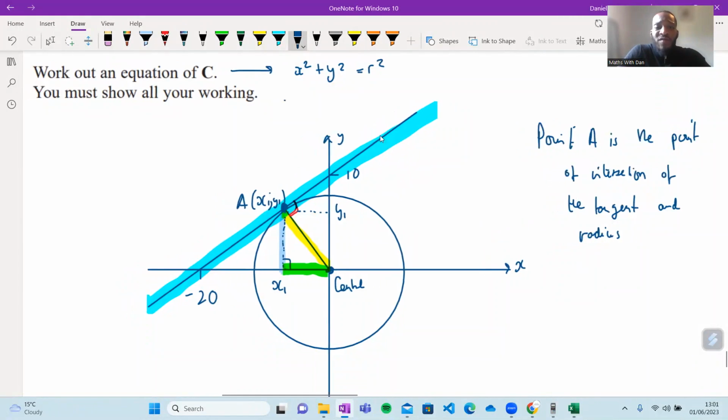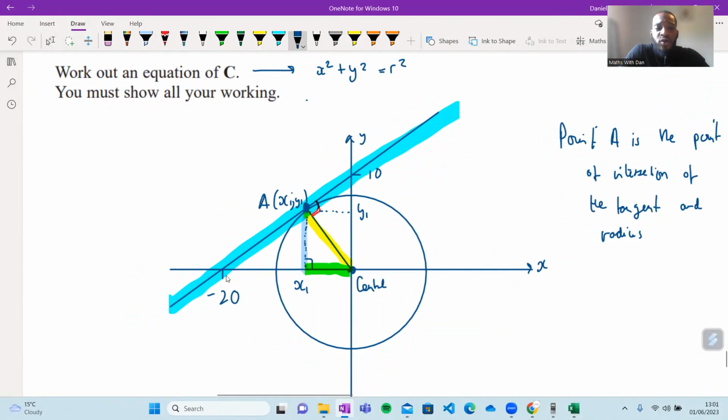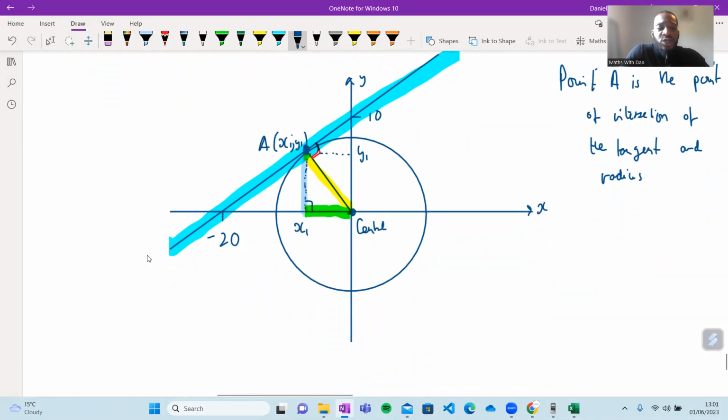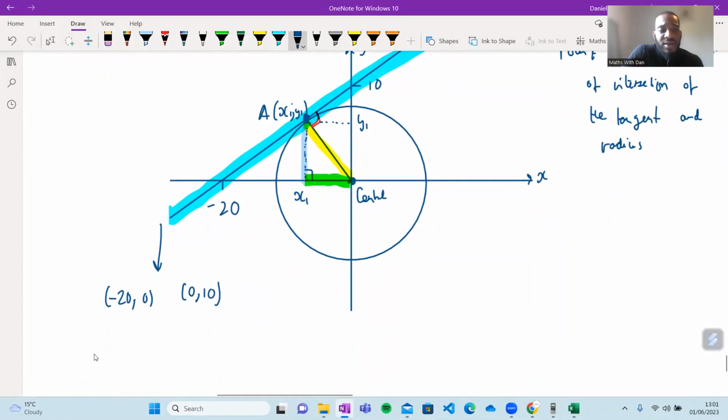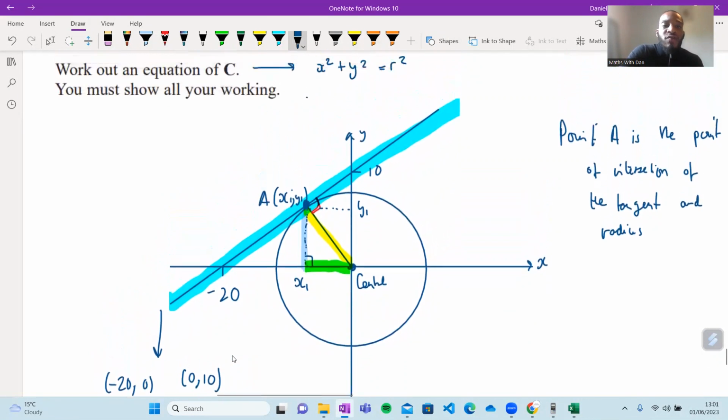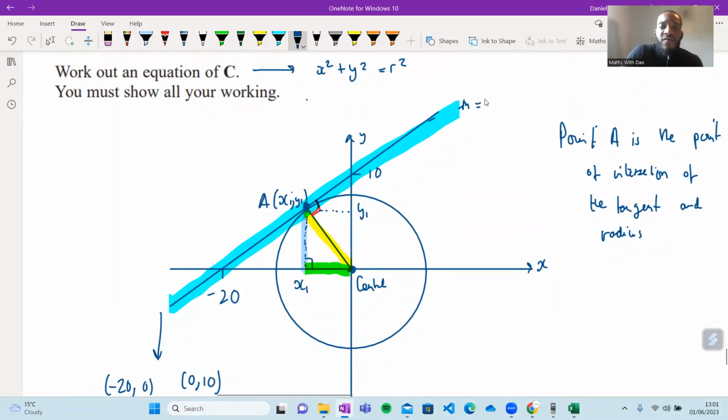of A. Now, with this one here, we've got 2 points on this line. We've got the point on the tangent, the point minus 20, 0. And we've got the point 0, 10. I could calculate the gradient of this line by doing y2 minus y1. I could say, well, m is equal to, you could do either one, I'm going to do 10 minus 0 divided by 0 minus 20. 10 on the top, minus is a plus, so this is just 20. So therefore, it's just equal to 1/2, right? So the gradient of this line is 1/2.